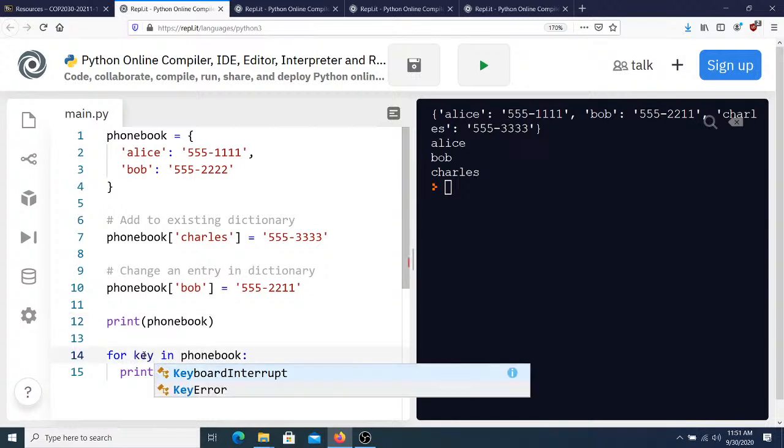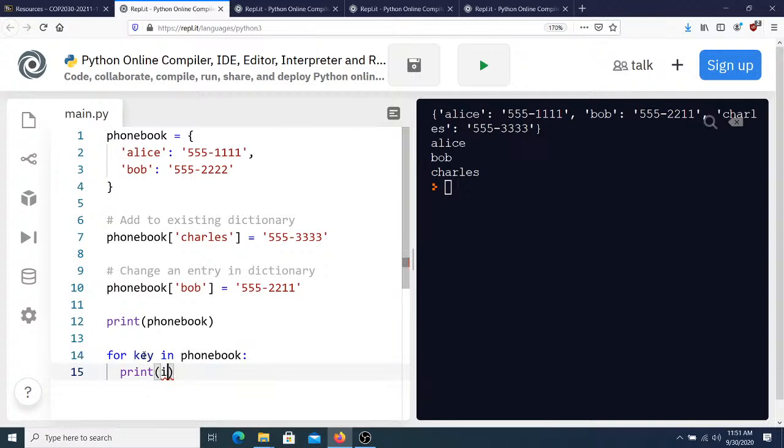Because remember, it's key value pairs. So that gives us the key, but what if we wanted the phone numbers? Well, we could just say